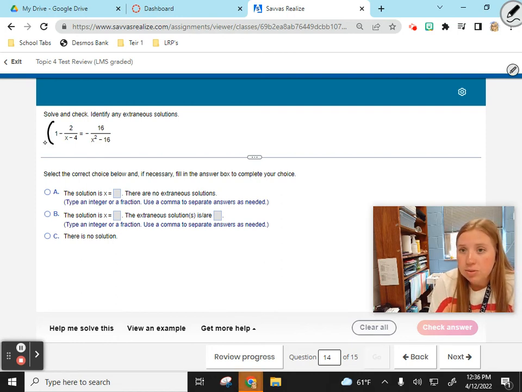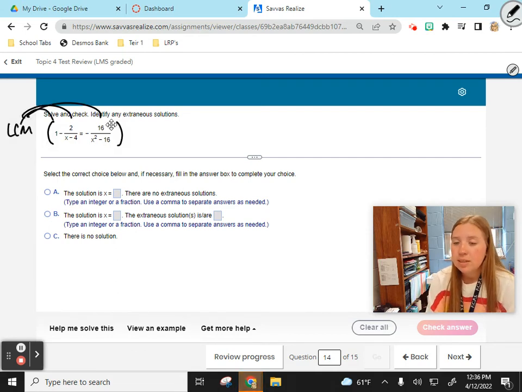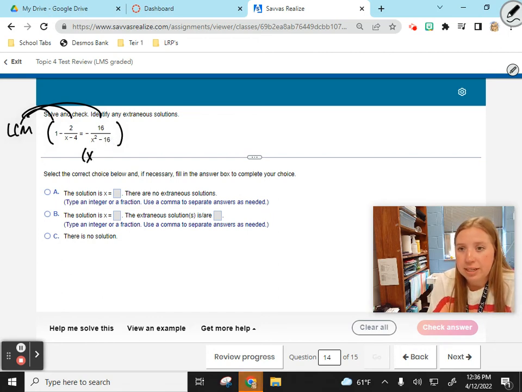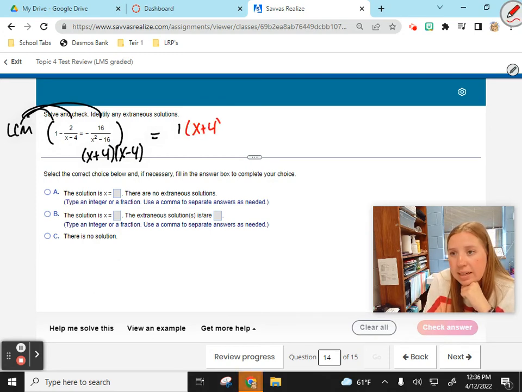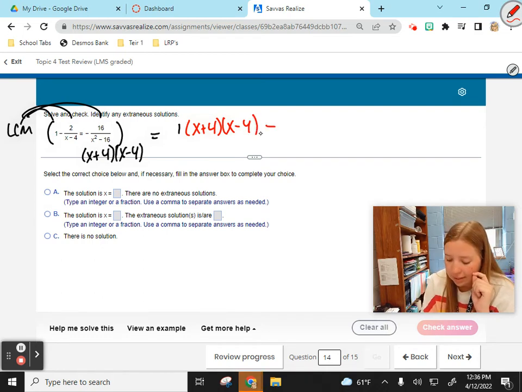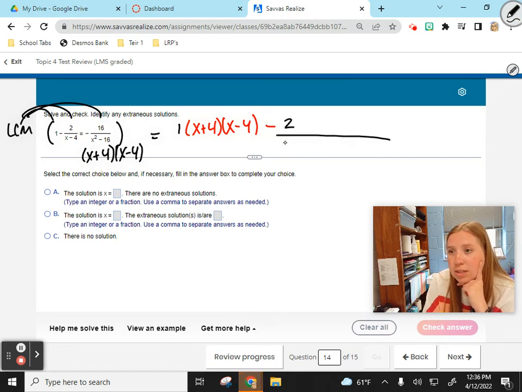So the first thing I want to do is find the LCM so that I can distribute it to everything in my problem. The LCM is going to come by factoring, so we can see what the common factors are. So this one is x plus 4 times x minus 4. So what I like to do is rewrite my problem, and that LCM gets applied to everything in the numerator. So the first one is just this, minus 2 over x minus 4, but it has the x plus 4 times x minus 4 in the numerator